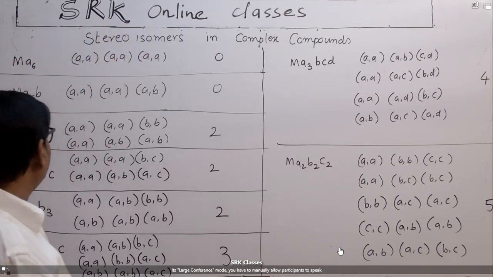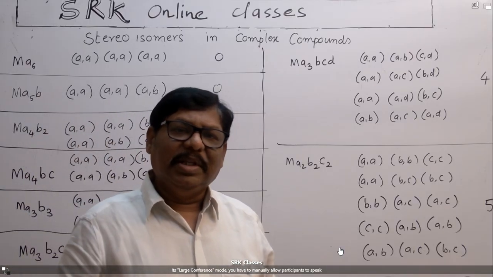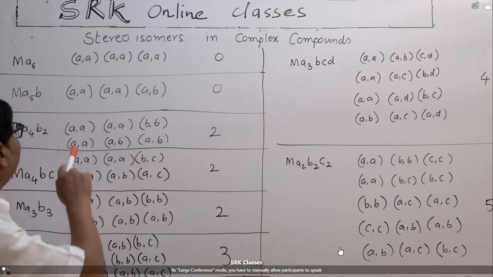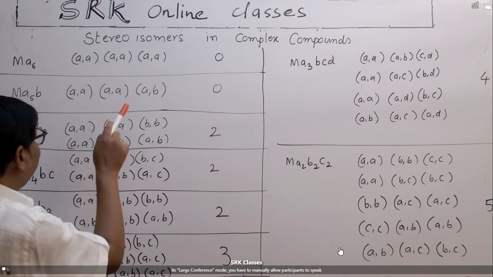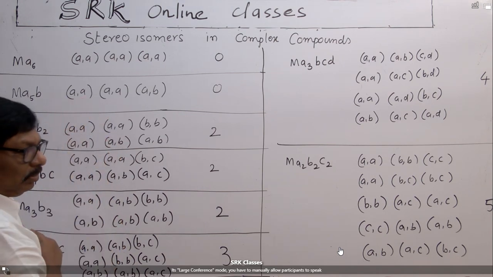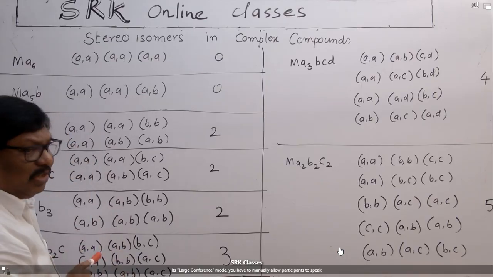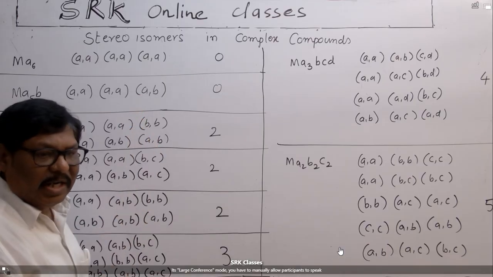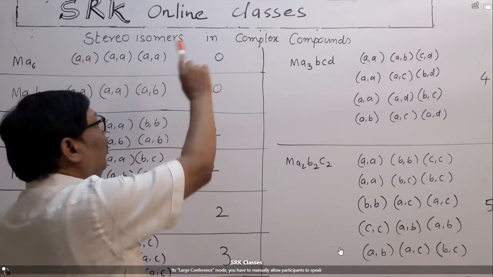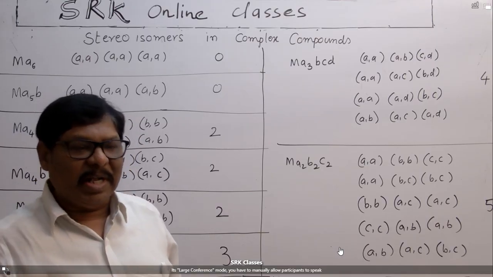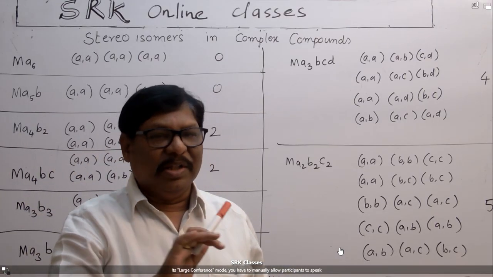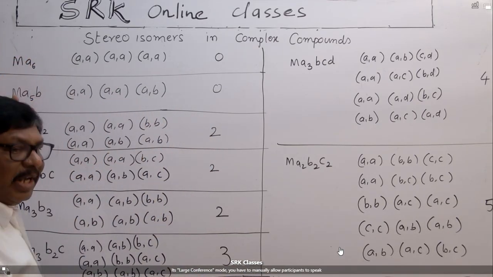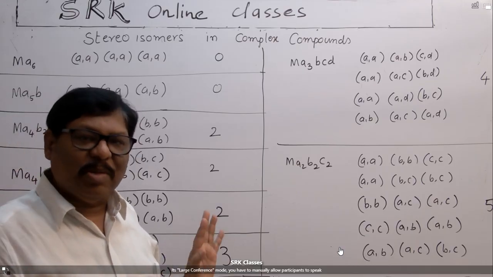Right? Now look at the second one, Ma5B. In a similar manner, I am writing the pairs. Five monodentate ligands of one category, B is another one. I can write three pairs. First one is AA. Second one is also AA because 5 A's are there. So the third one is A and B. Other than this, I cannot write another structure. Therefore, just like the previous one, here also no geometrical isomerism. Only one possibility is there. Therefore, it cannot show geometrical isomerism. Ma6 and Ma5B cannot show geometrical isomerism. Only one possibility is present.